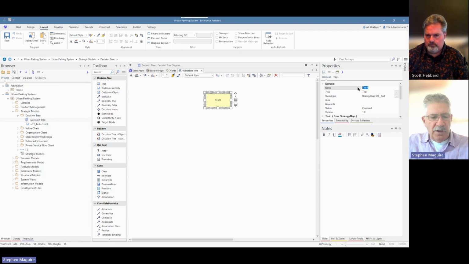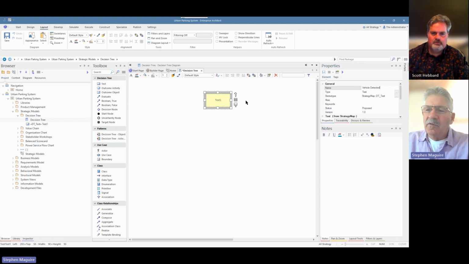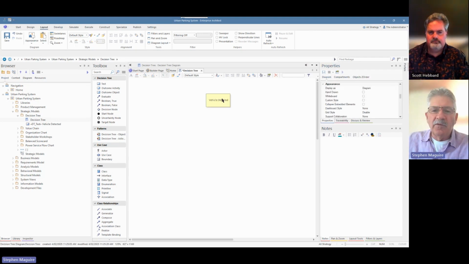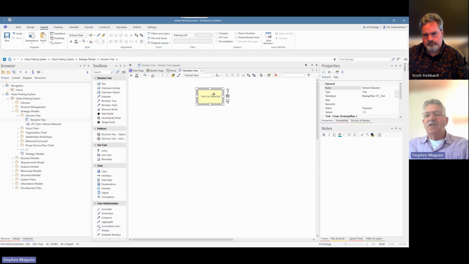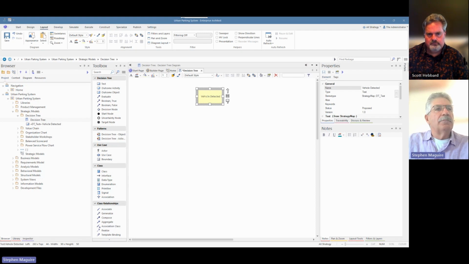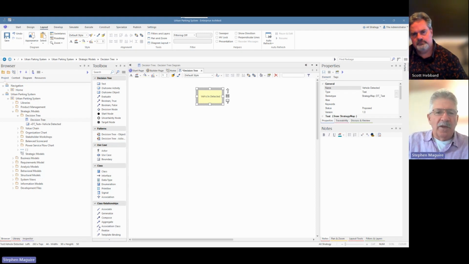What we're exploring here, Scott, is the option of automatically detecting a vehicle being in place, which is something that the development team are interested in, so that the user doesn't even have to alert the system that they've parked in a particular space. So let's have a look and see what we might do here. We can look at saying whether this space is available.